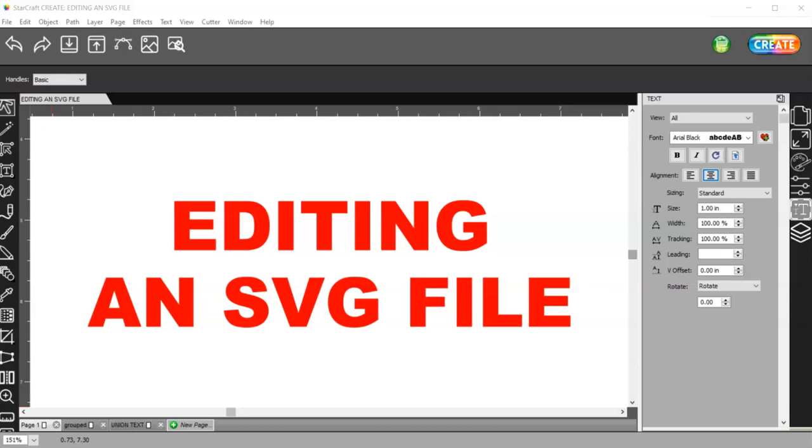So when you download an SVG file from, say, Etsy or Design Bundles or wherever, it may come in a zip file. So if that's the case, you need to extract that file. Just right-click on it and extract all if you're on a Windows computer. And then it's going to put everything in a separate folder. And in that folder, you're probably going to have several different file types, like a PNG, an EPS, maybe even a DXF,